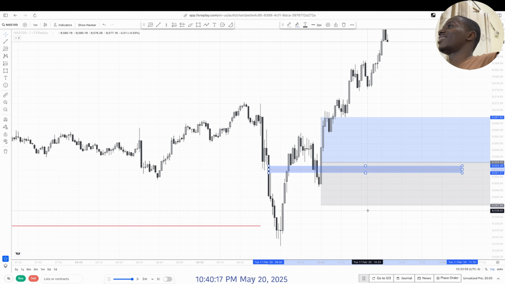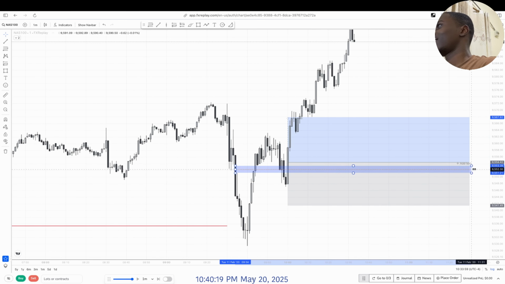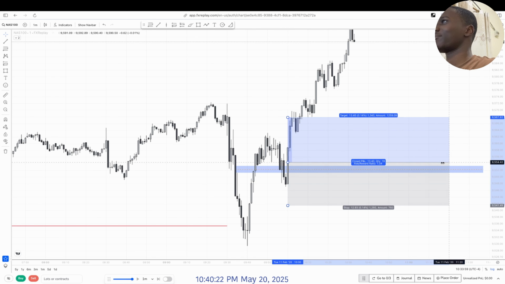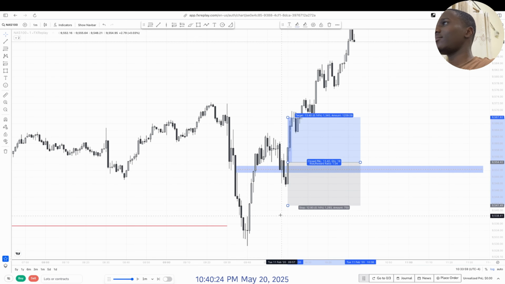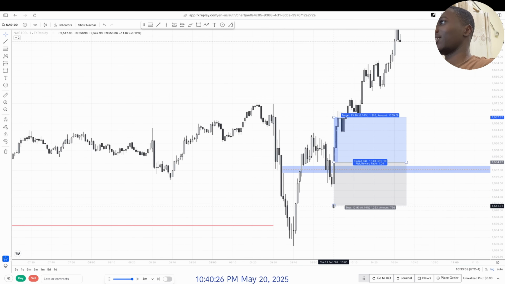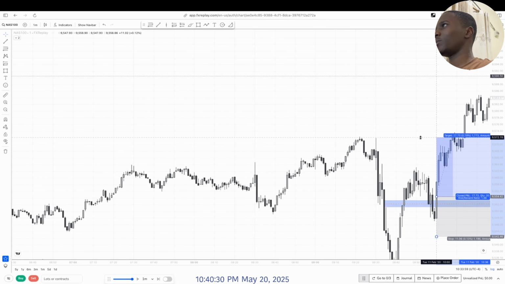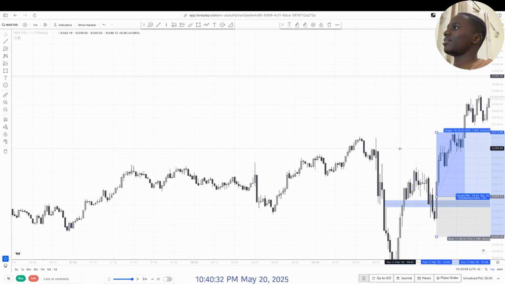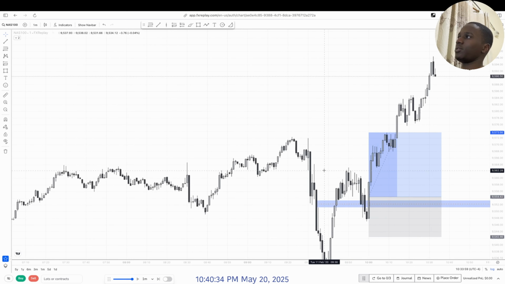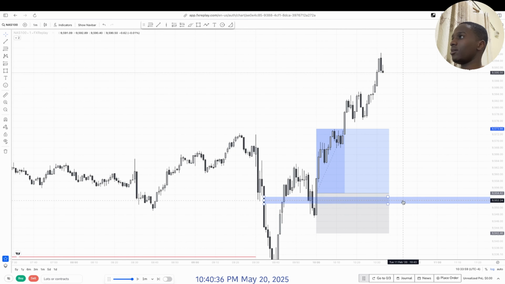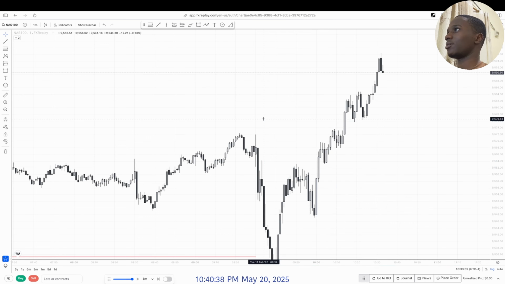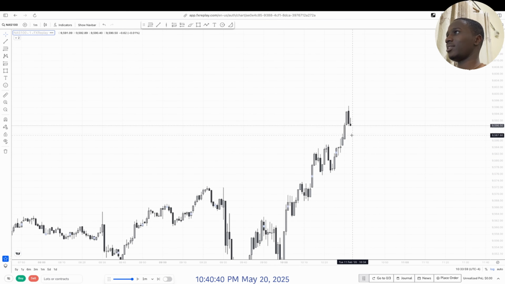This is really nice. Silver bullet is for real. Chef's kiss. We put this here in the OTP. We usually would like to target these highs, but yeah, we didn't spot this entry beforehand, and it looks like we can see another one right here. We can see another fair value gap forming right there.